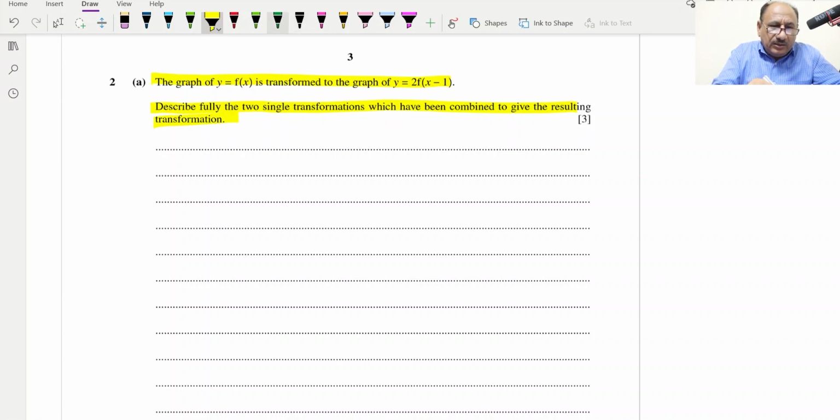So we can understand this transformation, basically y is equal to 2f(x) minus 1, and first of all we will understand this 2, and this is basically a stretch. This is indicating a stretch